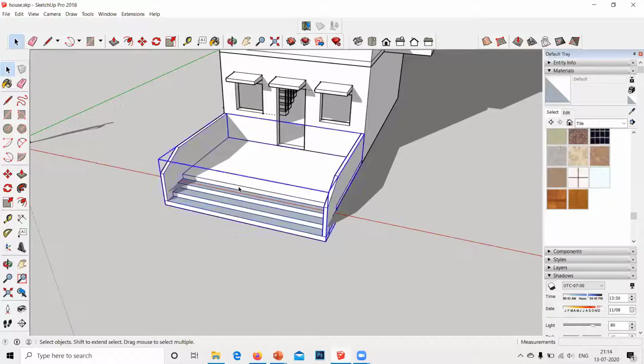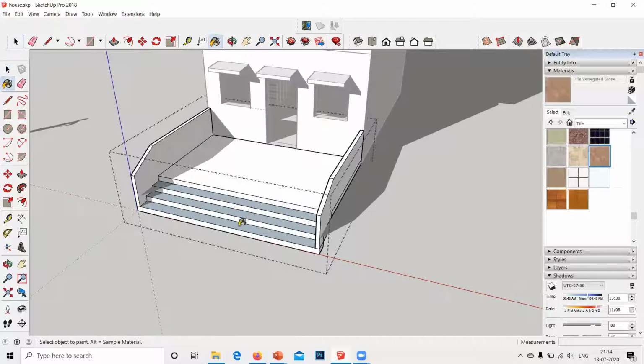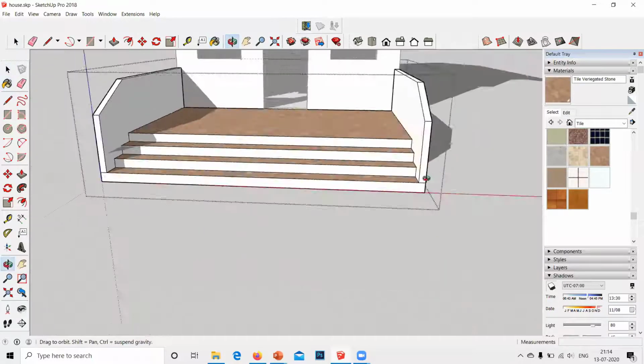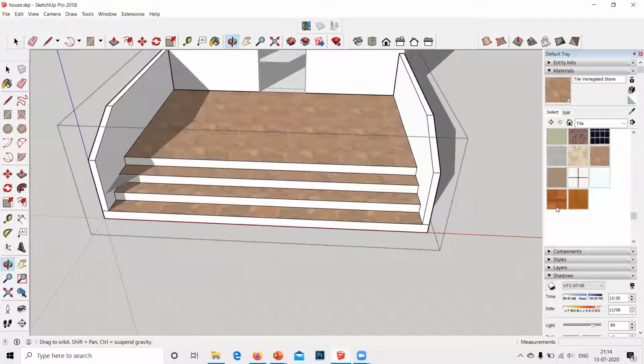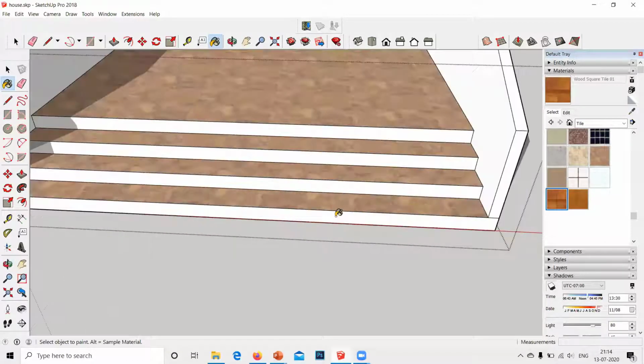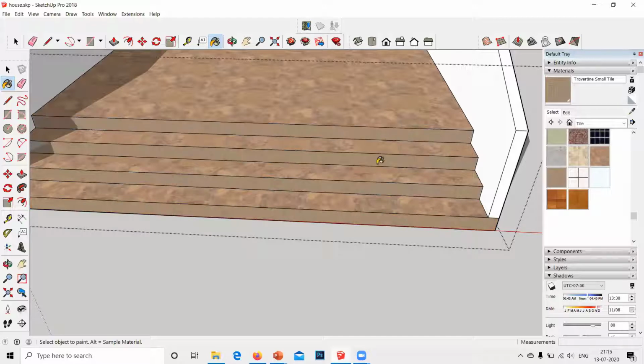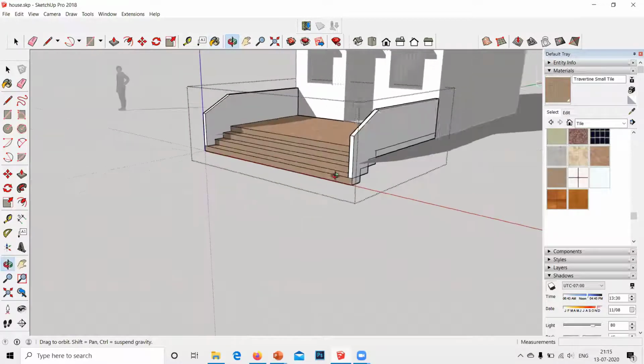I'll enter inside this group and now I'll fill this. And if you want to give a different texture to your height, like this, or like this. Yeah, this is better. See, this looks nice.